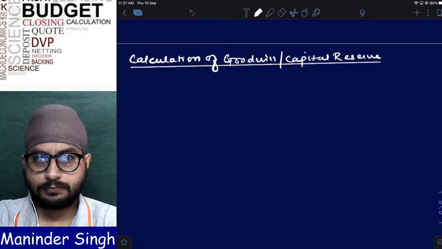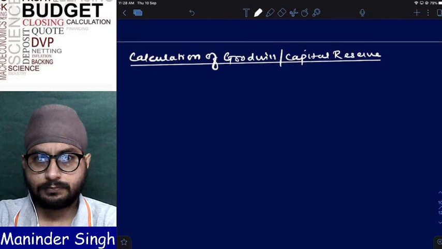How to calculate? Have they told any method? Now tell me, in purchase or merger, what is the difference? The major difference is assets and liabilities and reserves. Now tell me, to calculate whether it is goodwill or capital reserve, first I will calculate the net assets. If I am paying you more than the net assets, it will be goodwill. If I am paying you less than the net assets value, it will be capital reserve.